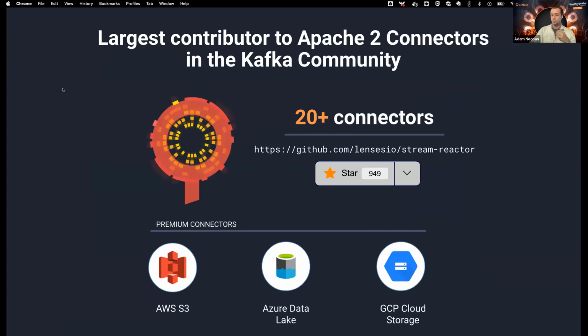Beyond S3 too, we're partnering with some of our largest customers and a few infrastructure providers to develop source and sync open source connectors for their external source systems, to pull data into Kafka for streaming to other applications, but then also syncing to these external source systems for consumption and deriving value out of that data product. So if you're working on a homegrown connector internally right now and you'd like to talk with us about the features you're working on and what those requirements are, we'd love to have that conversation.